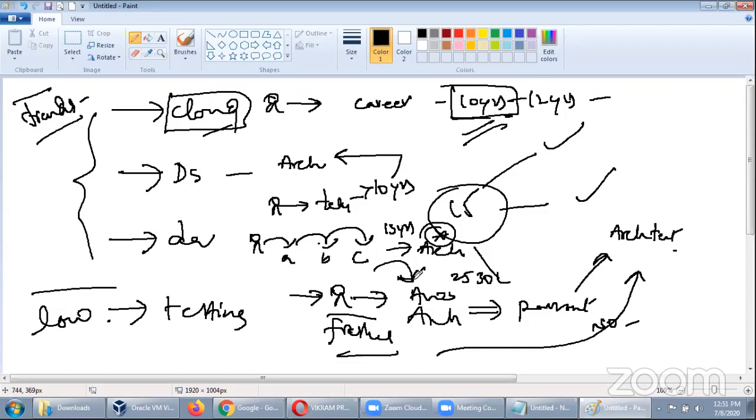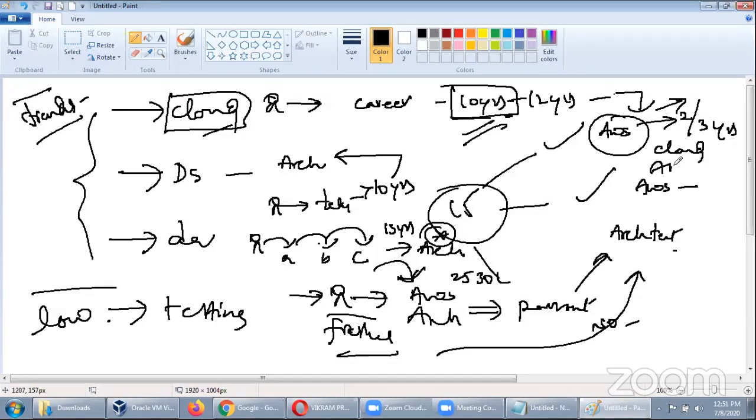If you talk about AWS architect, I don't recommend it, because if you are a fresher in the AWS field, spend at least 2 or 3 years in AWS. Rather than writing the AWS architect paper, I recommend you write entry-level ones like cloud engineer or associate engineer. That is more than sufficient. Once you gain enough knowledge over 2 or 3 years, then go for architect. Got it? Got it, Alok?